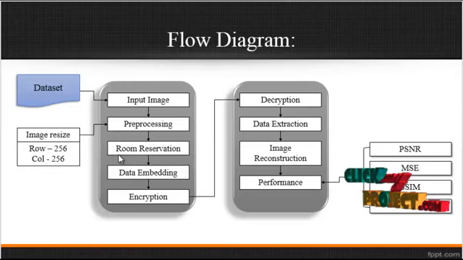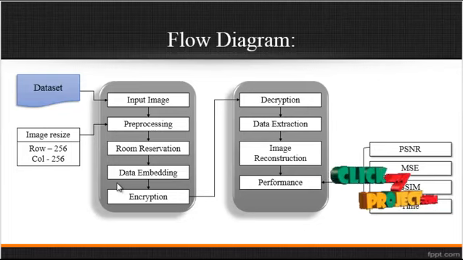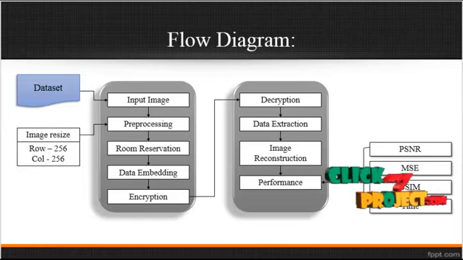After splitting the image into 4 patches, we encrypt one patch from among those 4 patches. The remaining 3 patches remain the same. After the encryption of that particular patch, the data will be embedded into that patch. That is the data embedding. After embedding the data into one specific location, the encryption is done for the whole image. That is the encryption step.